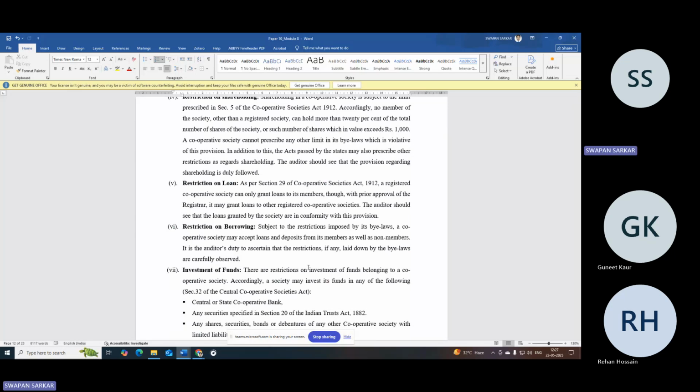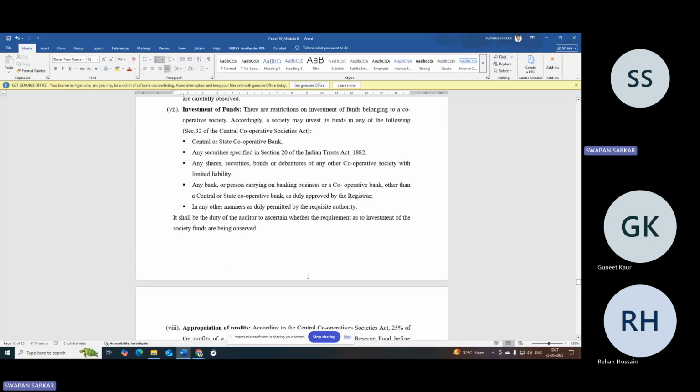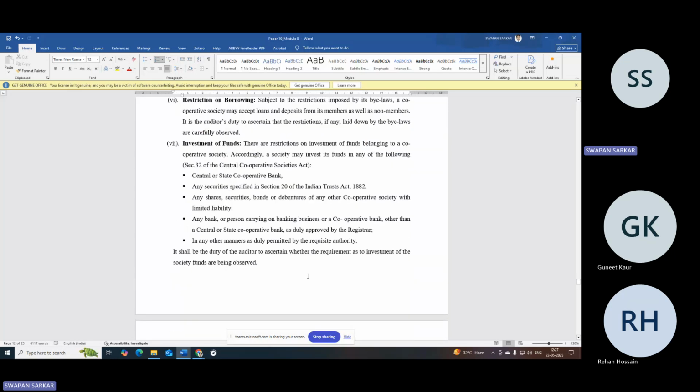It is the auditor's duty to ascertain that the restrictions, if any, laid down by the bylaws are carefully observed. Then, investment of funds: there are certain restrictions on investment of funds belonging to a cooperative society. Accordingly, a society may invest its fund in any of the following ways: central or state cooperative bank, any security specified in Section 20 of the Indian Trust Act,